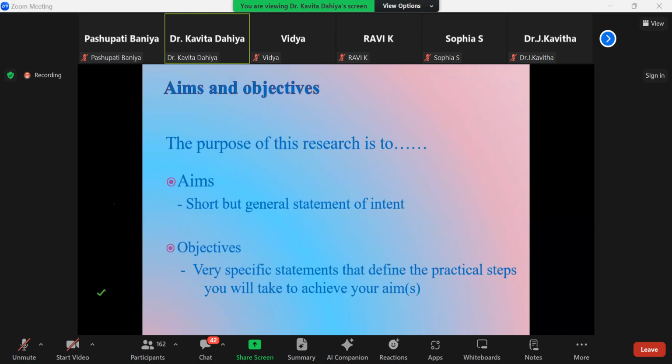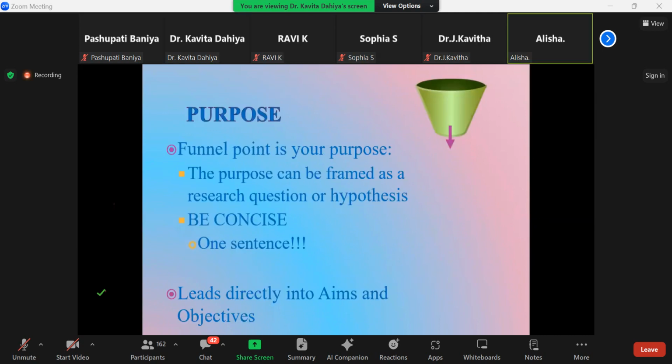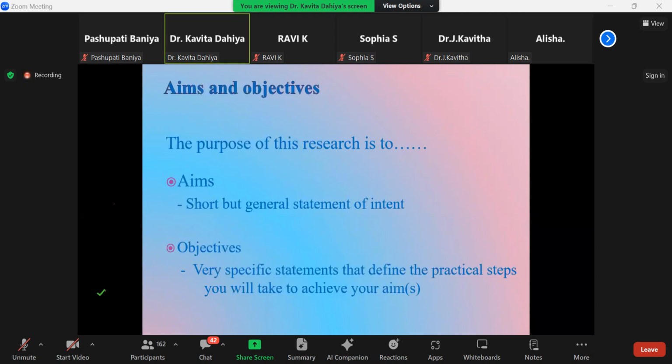So the purpose is the final point, where the purpose can be framed as a research question or hypothesis. Be concise, in one sentence, leading directly to the aim and objective. Aim and objectives: the purpose of the research is a very short but general statement of the intent, and the objective is a very specific statement that defines the practical steps you will take